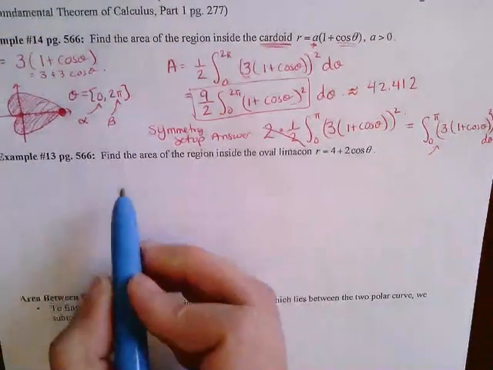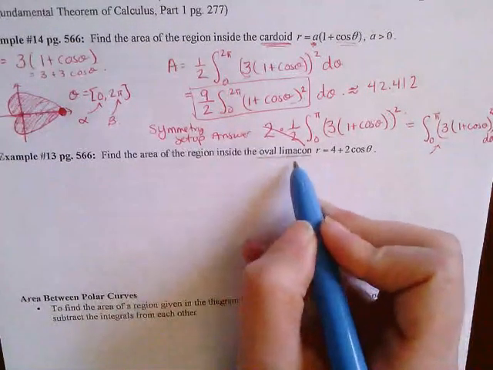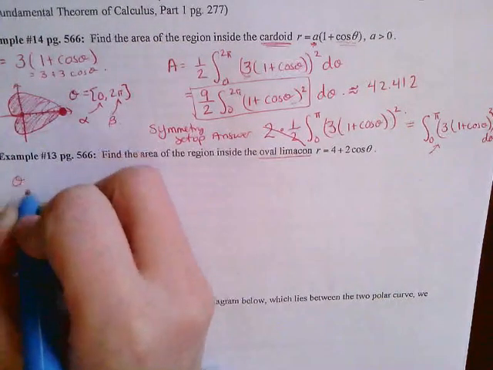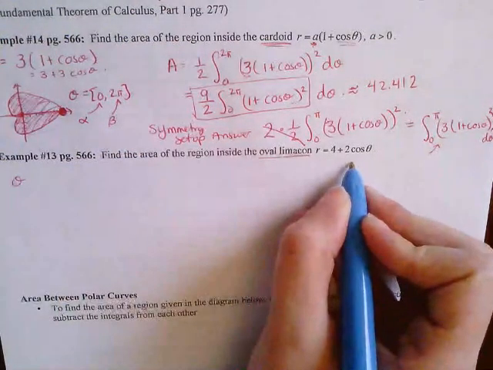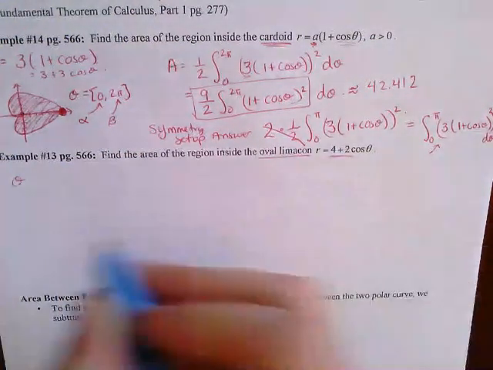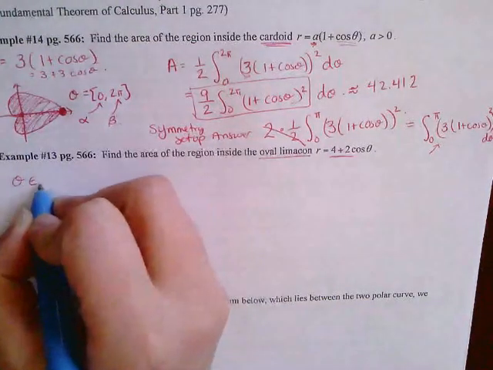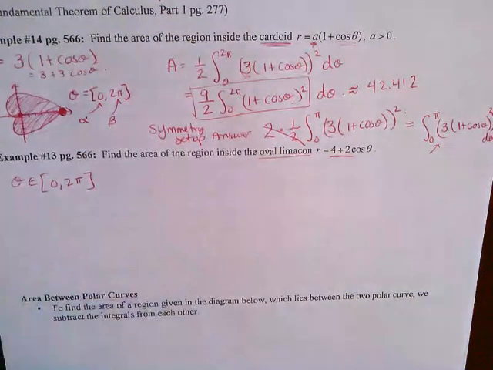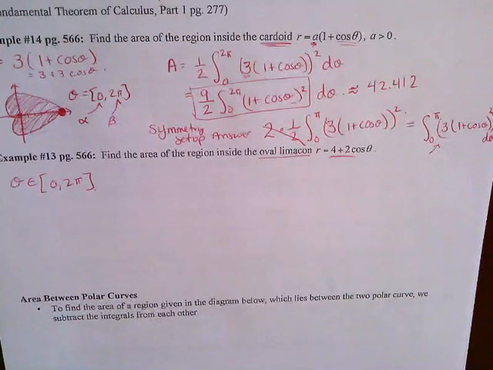All right, next one is easy. Find the area of the region inside the oval limaçon r equals 4 plus 2 cosine of theta. So really what we have to remember is that a limaçon, this is going to be a dimpled one, but we have to remember that the theta for a limaçon is from 0 to 2 pi. Now almost all of them are 0 to 2 pi except for the circles that we did in the beginning, and then the petals with